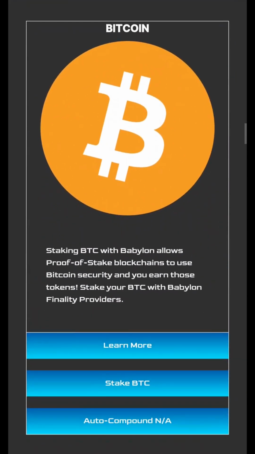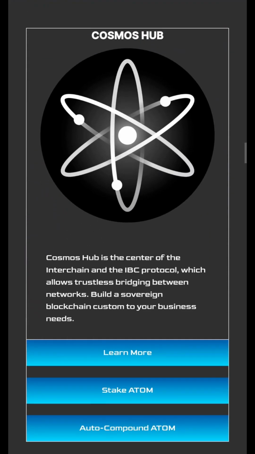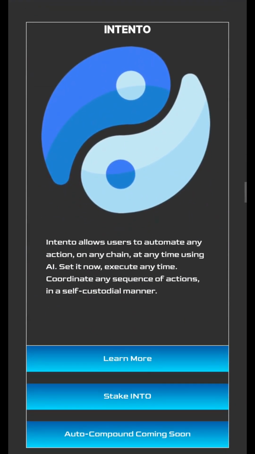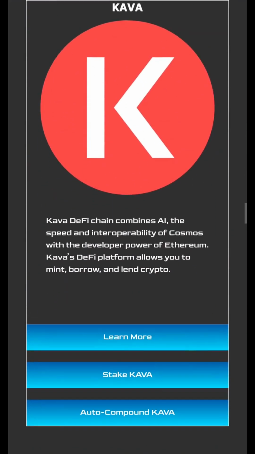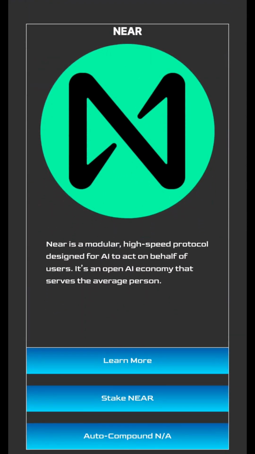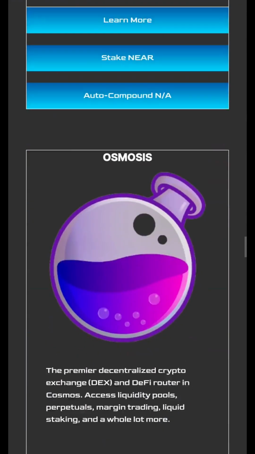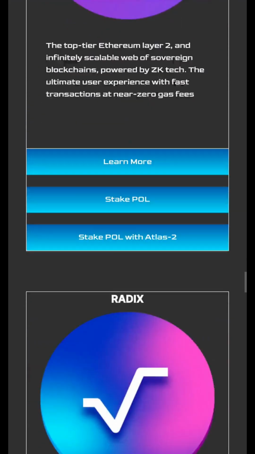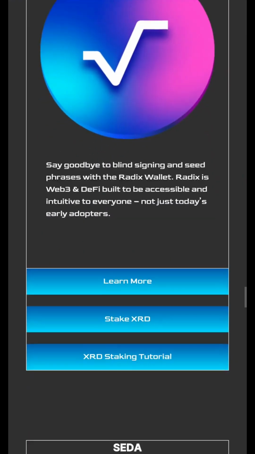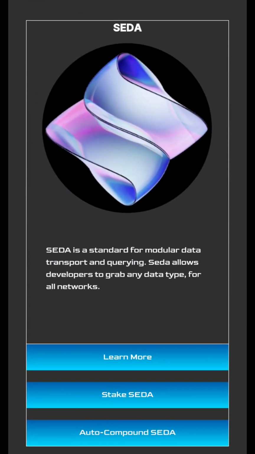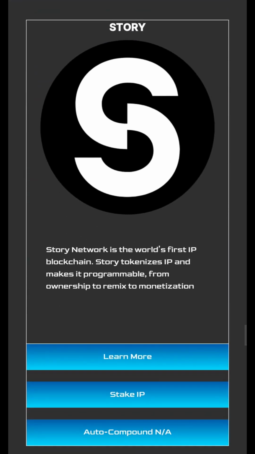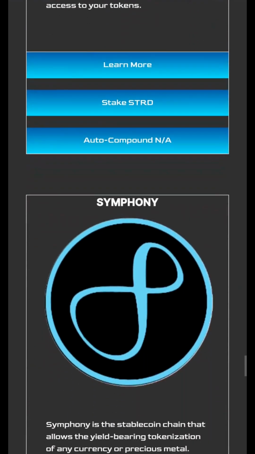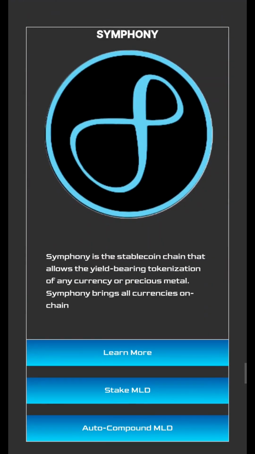Bitway, bringing banking to Bitcoin, and you can stake Bitcoin with us, Atom, the Cosmos Hub token, Ellis, Intento, which allows you to automate transactions cross-chain, Kava, Near Network, which is quickly becoming the AI blockchain, Osmosis, the premier DEX in Cosmos, Polygon, Ethereum's first layer 2, Radix, SATA Network, which all developers need to know about, Story Protocol, which might be the coolest project we support, tokenizing intellectual property, Stride Protocol, Symphony, a tokenized currency blockchain, and we've got